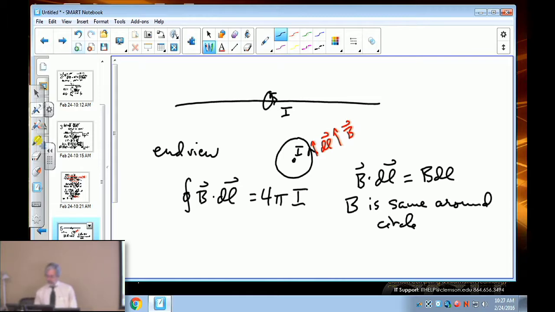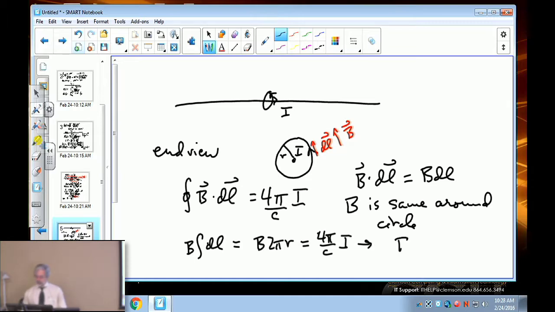So this just gives us the integral of B times dl, which is just the circumference of the circle. This circle has radius r, so this is 2 pi r. And that equals, okay, there should be a c here. I keep forgetting my factor of c in CGS. Okay, so solving for B, we get 2I over cr,